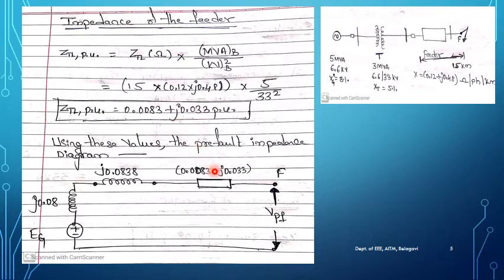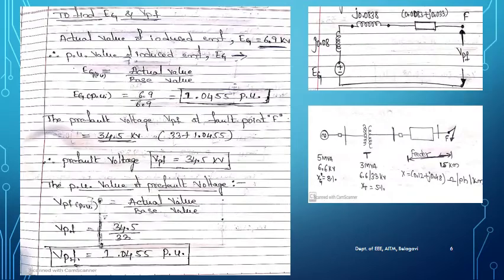We are going to write it over here, and the fault is happening at this point F. The voltage between these 2 points is nothing but, as we already know from our previous problem, the pre-fault voltage, the voltage before having a fault. Okay, so next what we need to find,